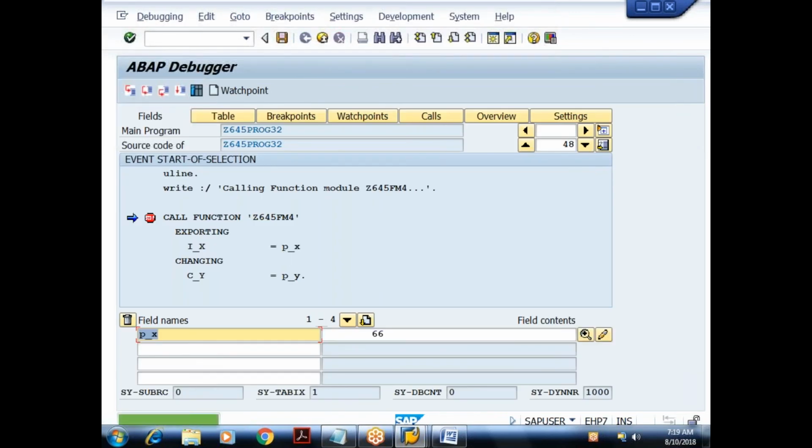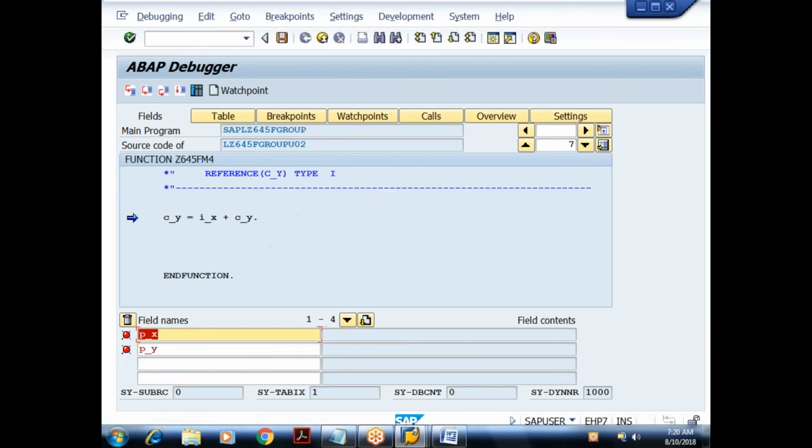If you see, P_X is 66 and P_Y is 11. At the time of calling the function module, we are exporting P_Y with the value 11. These two values will be imported in I_X and C_Y. Since this is a changing parameter, it will export it back after doing the calculation. Again, we are importing in P_Y.